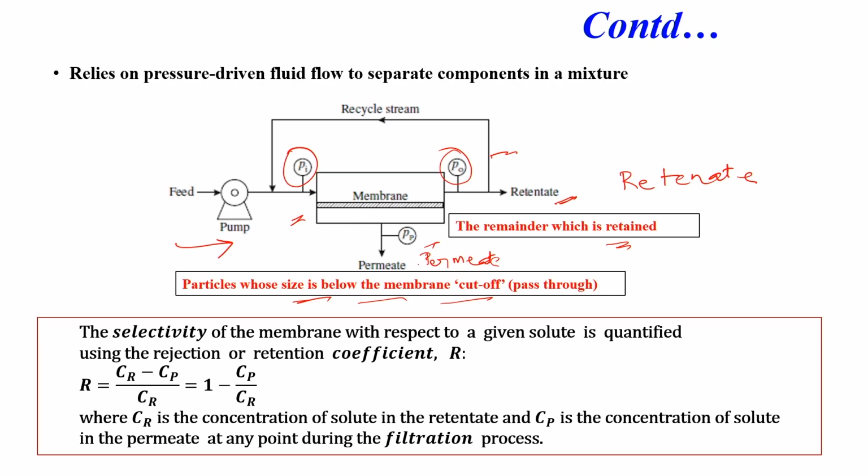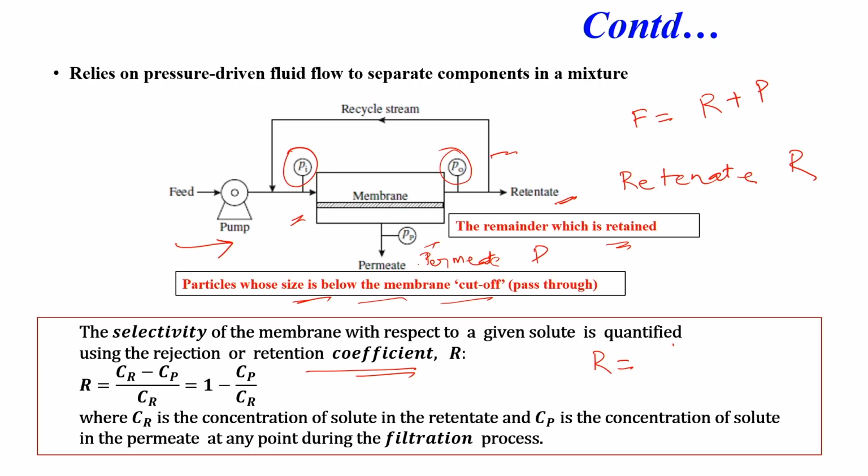Now, the total feed is distributed into two parts, R and P, so F equals R plus P. Based on that we can define the retention coefficient, and the retention coefficient is defined as R